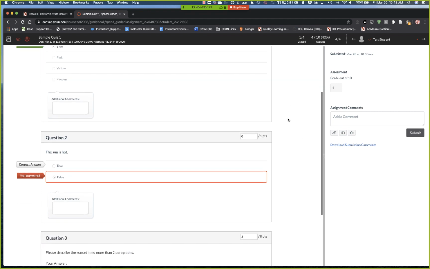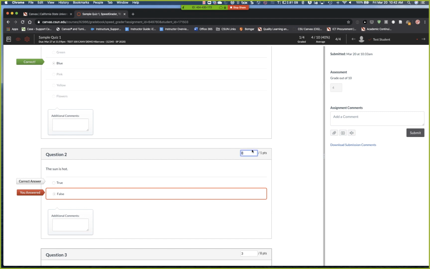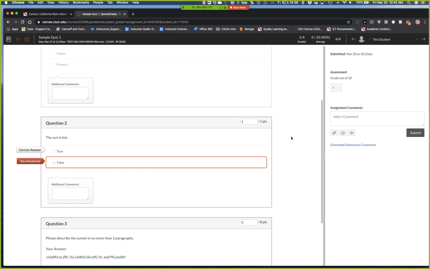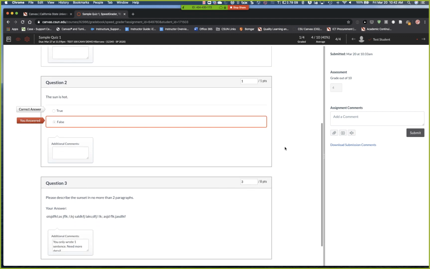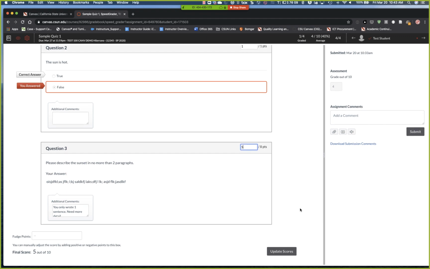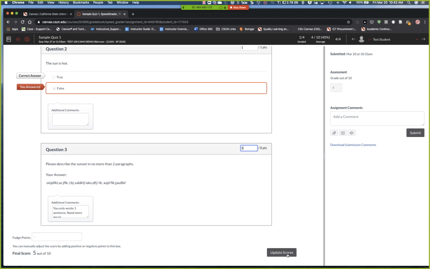You could go back and change this point. Even though Canvas graded it automatically, since you are the teacher, you're the captain of the ship, and you could override the grades or the points assigned to the automatically graded question. So even though I gave the student 3 points, the student makes a compelling argument, and I'm going to give them an additional 2 points. Now when I click Update Scores,